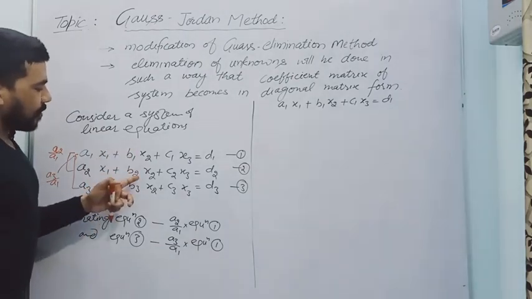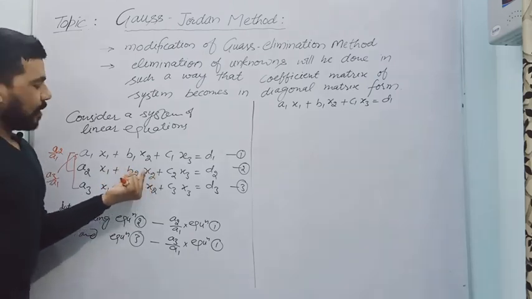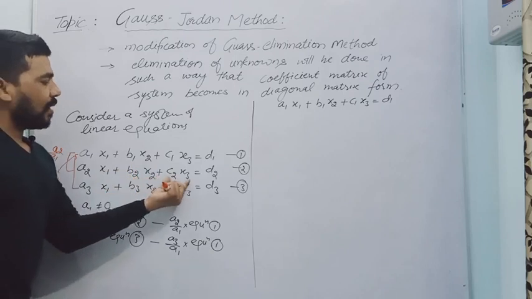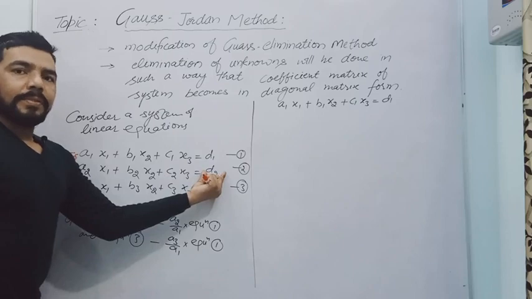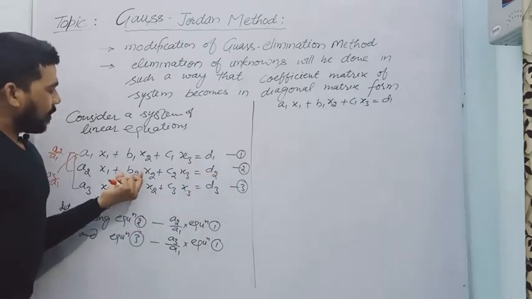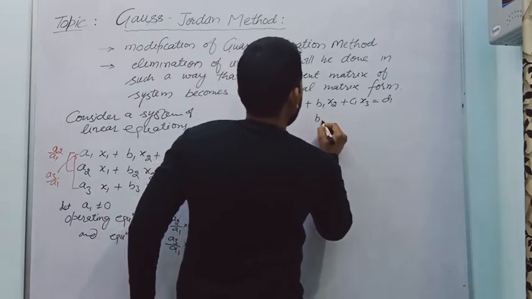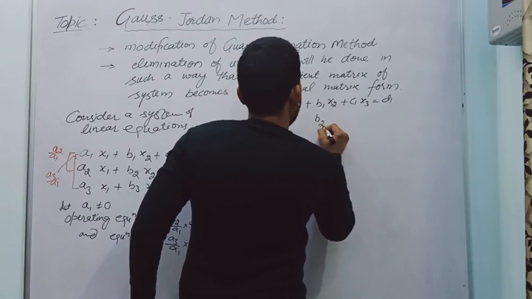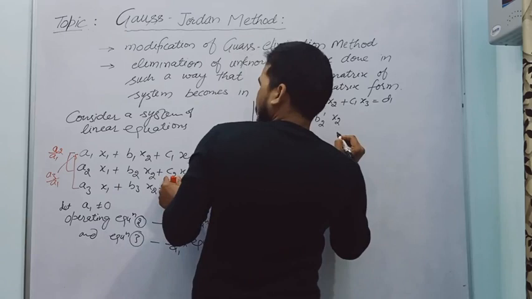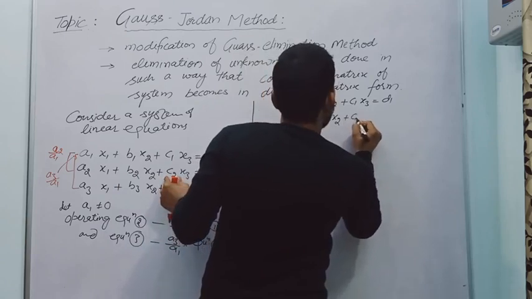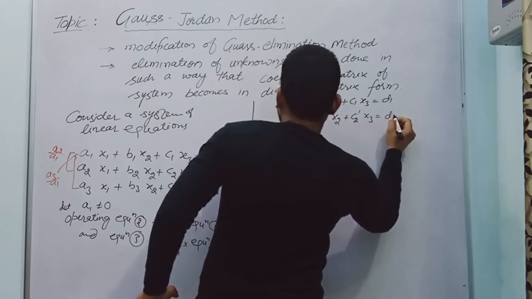So what is left here? There will be some coefficient of x2, and the term having x3 will be there. The coefficient becomes changed, so I am writing this coefficient as, suppose, b2 dash, into variable x2, and some new coefficient, suppose this is c2 dash, and variable is x3, and there is some new number,